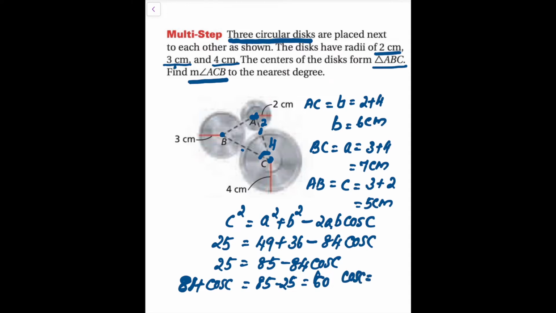So cosine C is equal to 60 over 84. So hard to write with this pen. So C is equal to cosine inverse of 60 over 84. You can simplify that if you want, and that is equal to